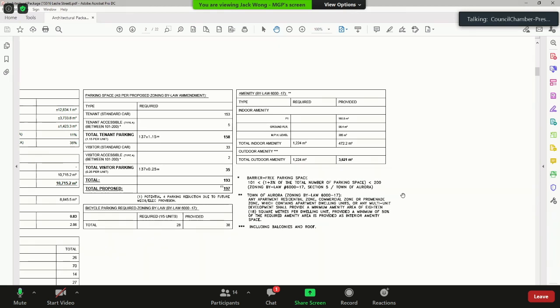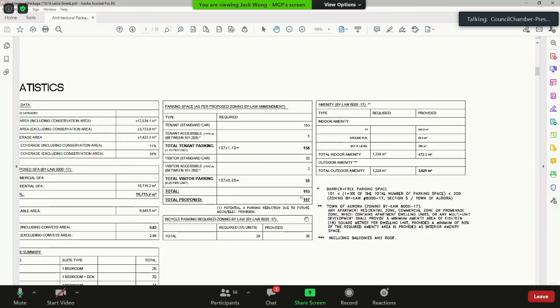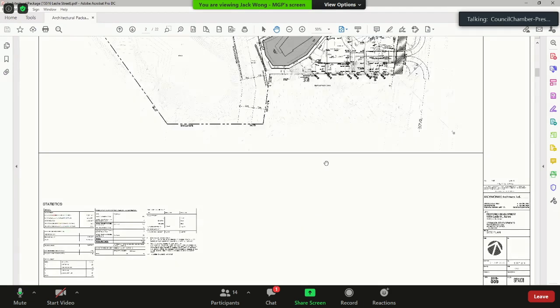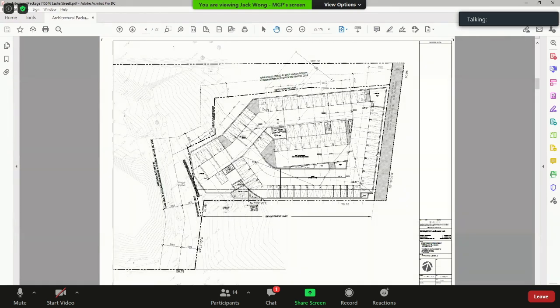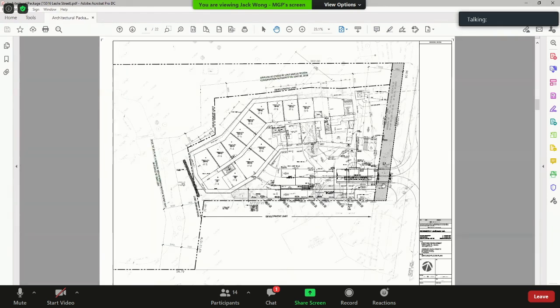Okay, do you have on the map, at least we can visualize what the outdoor space looks like? Mr. Wong? So if I may defer this to you in terms of the architectural package. Sal, can you hear?